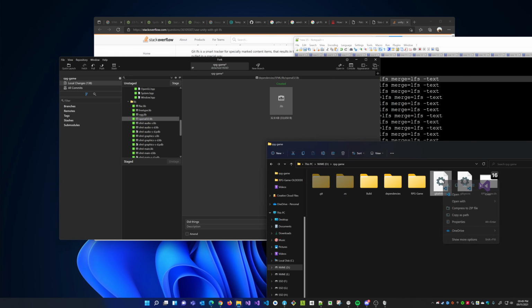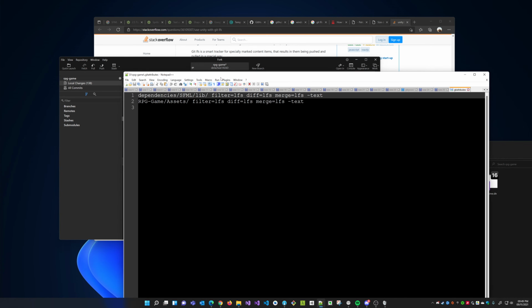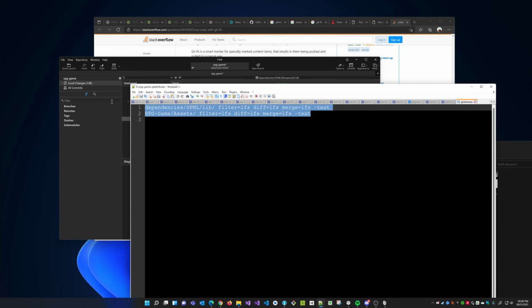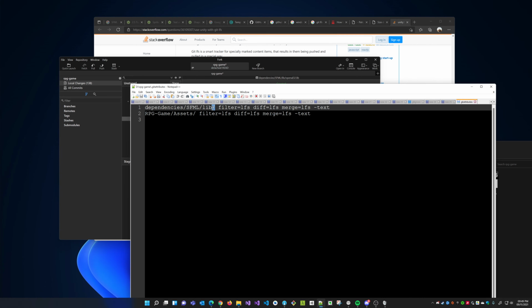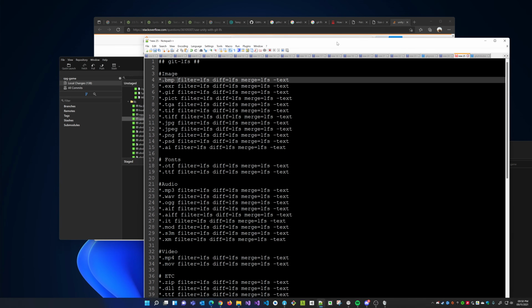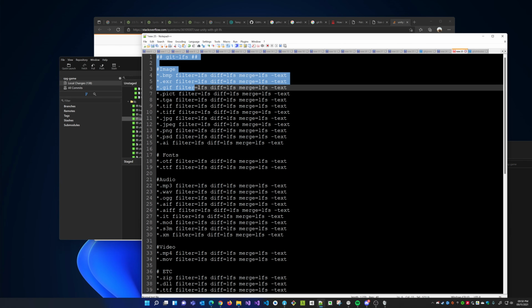If I open up Git attribute, you will see that it included these two lines, right? And LFS does this. So it includes the path and then says filter equal LFS, diff equal LFS, merge LFS, and text. Okay, so what I'm going to do, this list that I've created, I'm going to copy this entire